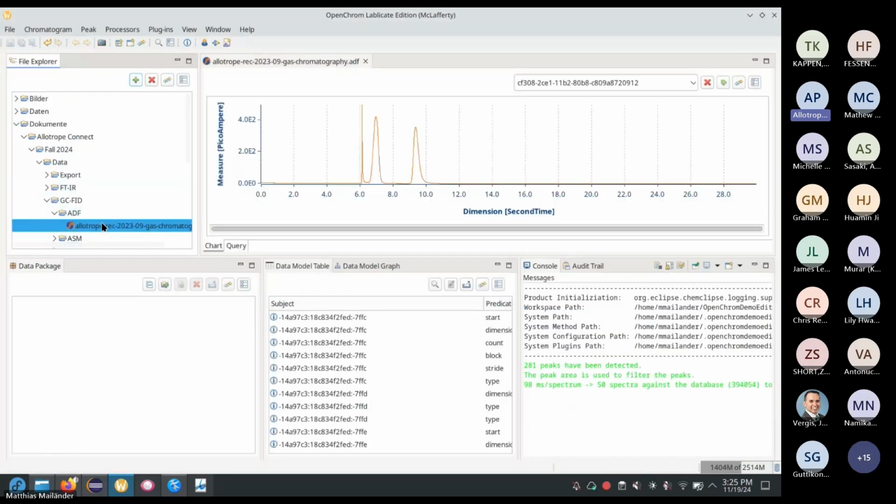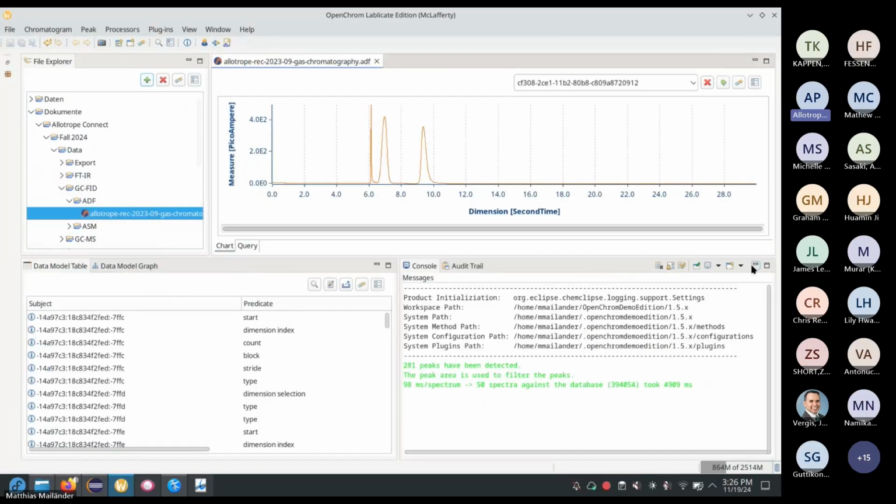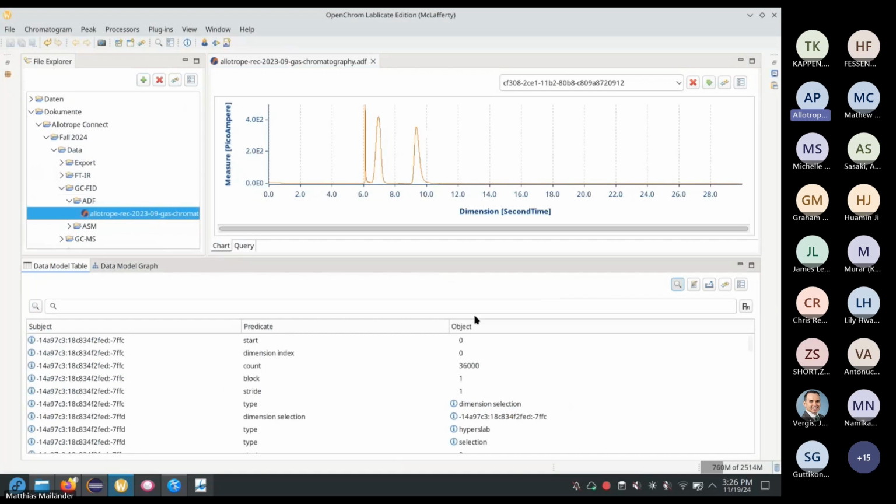What it does is show everything that ADF has. This is an example from Allotrope. It doesn't have a data package, but if it had, we could delete files, we could add some, we could export them, like if we want to look at them in another software. And we can see the triple store. So this is a nice thing. So we can search for